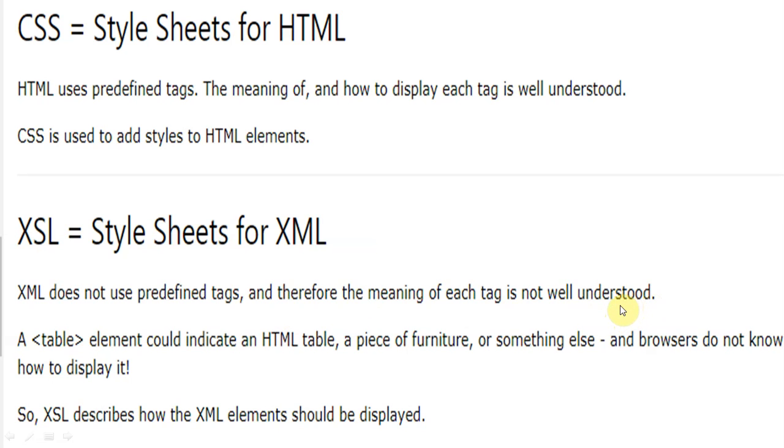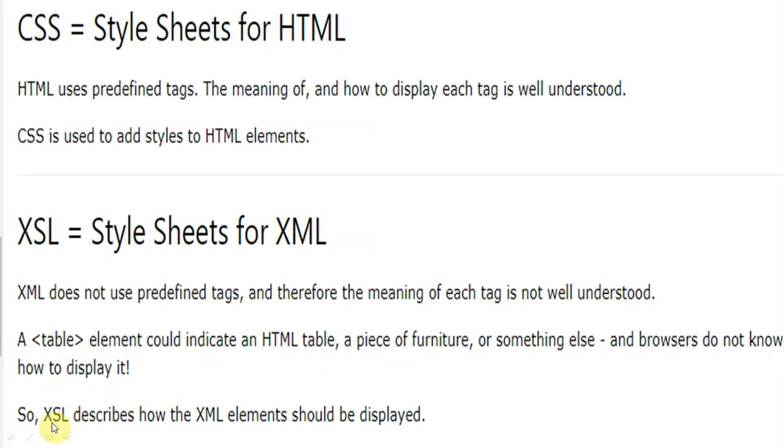While in the case of HTML, the meaning of each tag is understood, like the bold tag, italic tag, table tag, border tag. So we have so many tags and attributes. A table element could indicate an HTML table, a piece of furniture, or something else, and the browser does not know how to display it.